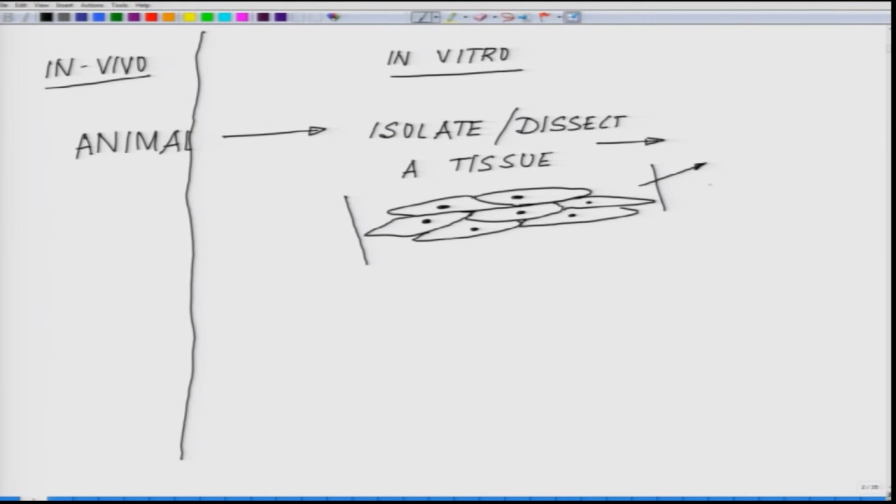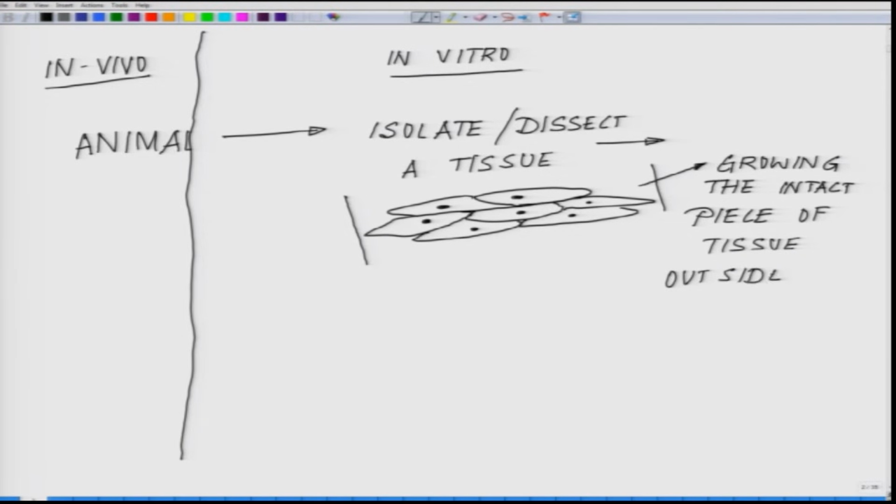Now, I directly grow this piece of tissue, growing the intact piece of tissue outside the body. In that situation, I will call it a tissue culture. Of course, if this is a dividing cell, then my expectation with this in